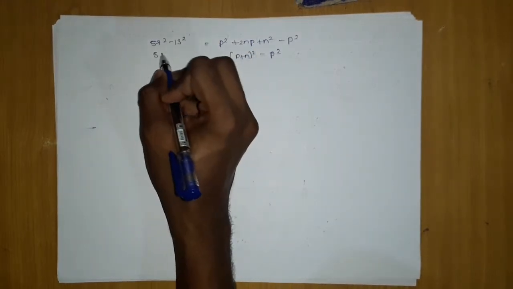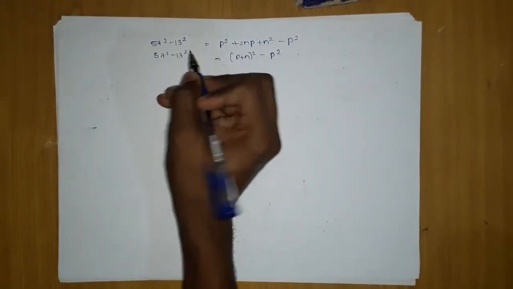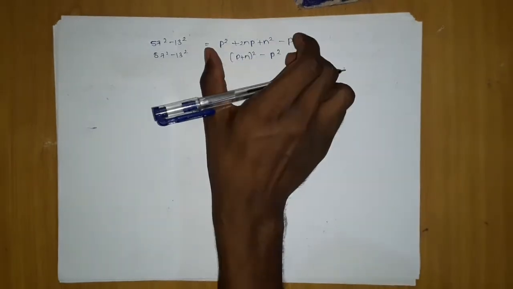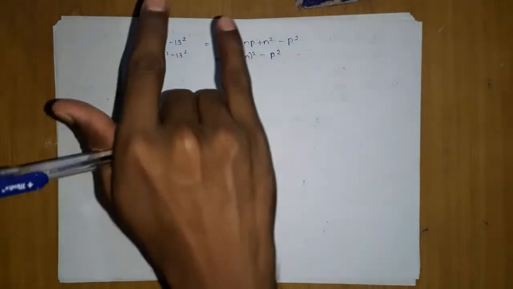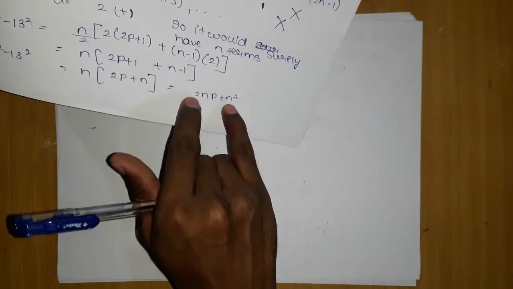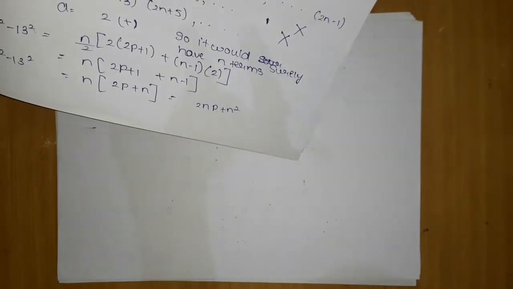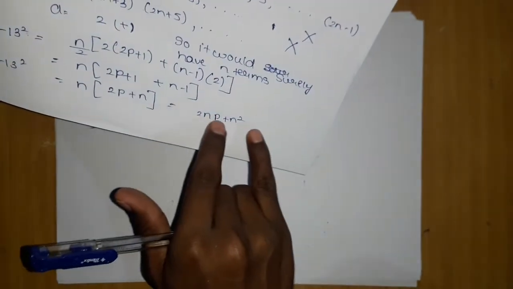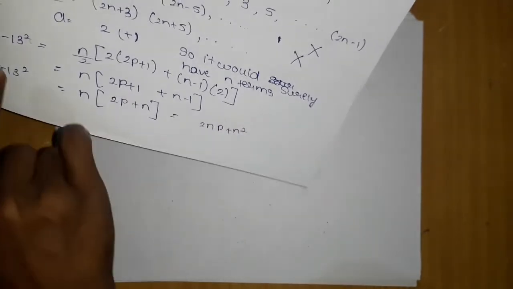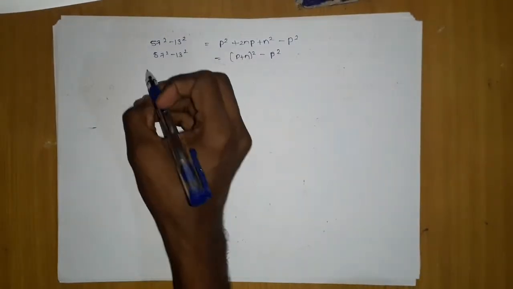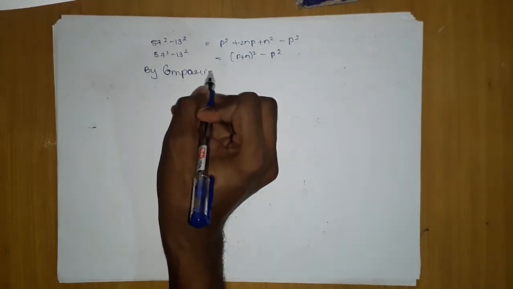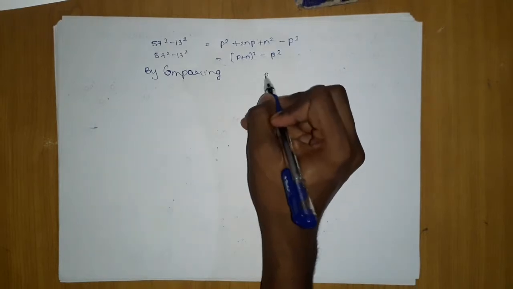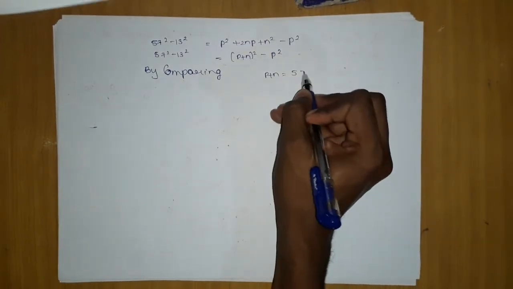So you must understand where you have to do the manipulation. Here you must understand that we have to add p square minus p square. That is a good part, that is a sign of a good student. We cannot compare this with this. To make it a perfect square, we added p square and subtracted it, which made it a perfect square, and then we compared it. So by comparing